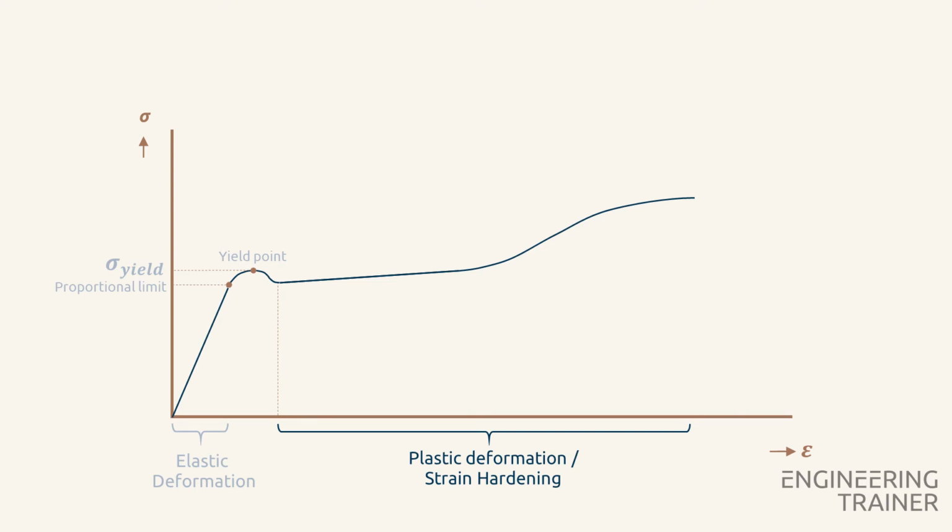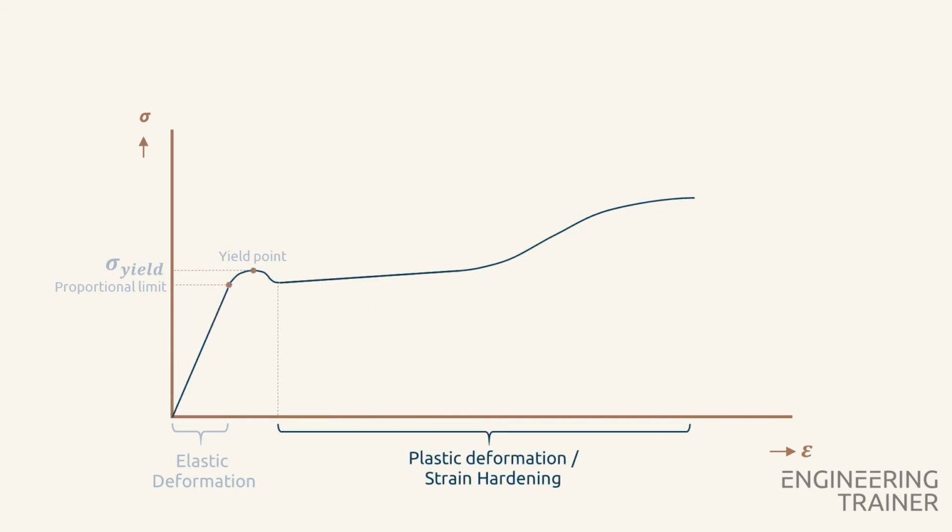In this region, no significant additional force is required to obtain a significant strain difference. Also, the change in length in this region is permanent. This means that when the force is released, the beam will not go back to its original length. Instead, it will follow a line parallel to that of the elastic region to go back to the horizontal axis. We now have permanently elongated the beam.